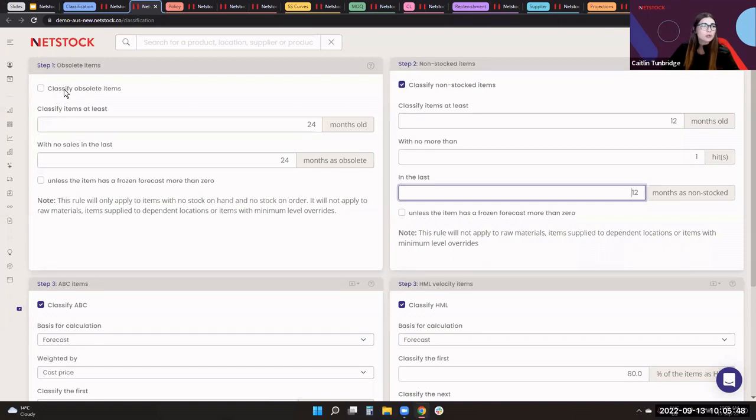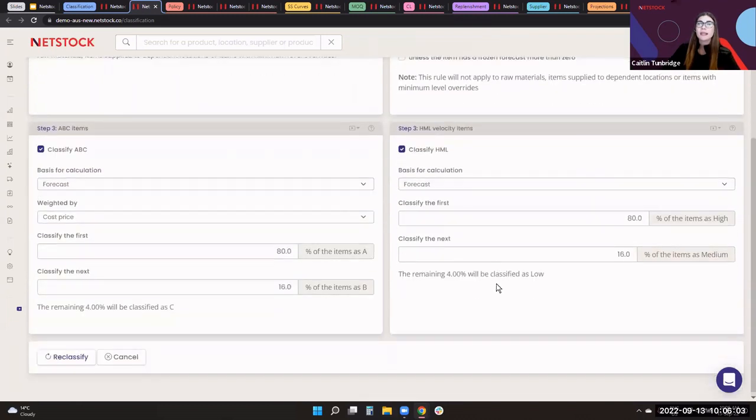Or if an item hasn't sold at all in the past 2 years, let's make it obsolete. Why would we even bother selling that product if it's not bringing any value to the business? It's not moving at all. Of the items that we do choose to stock, we then ask Netstock to classify those items based on 2